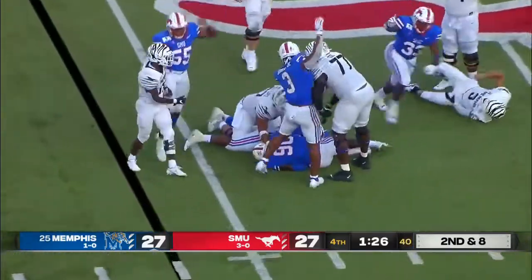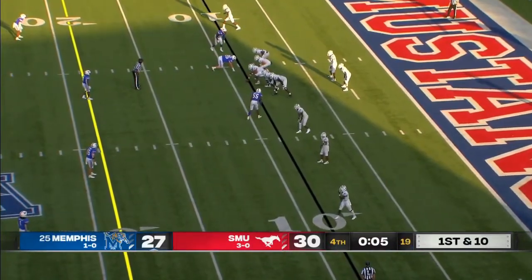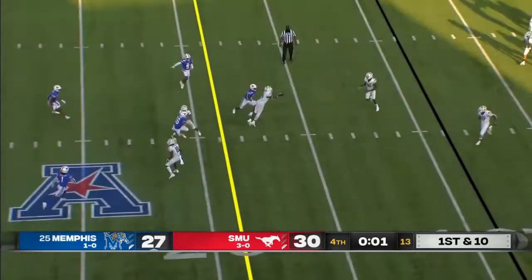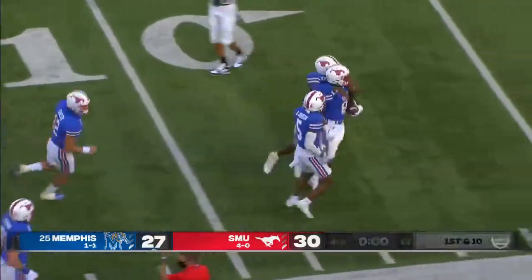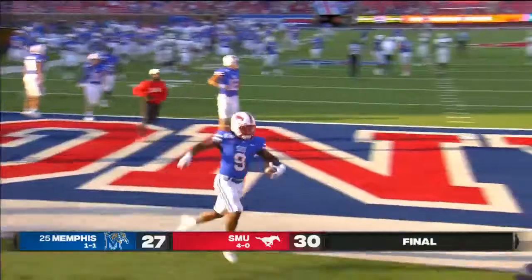White lost the football, and SMU has it. One last chance for Memphis. Over the middle, Dykes will lateral it back to Coxie. It hits the turf. SMU has it. They snap a 6-game losing streak to Memphis. And the Mustangs